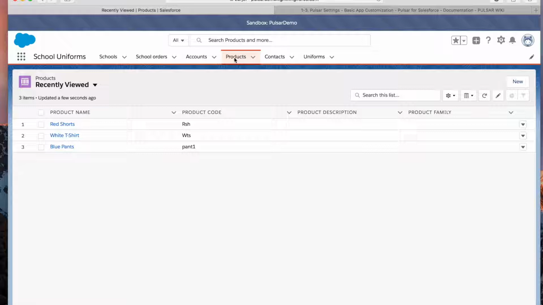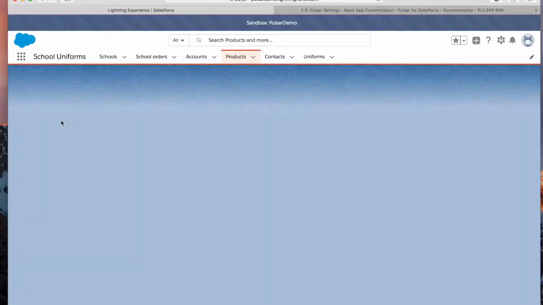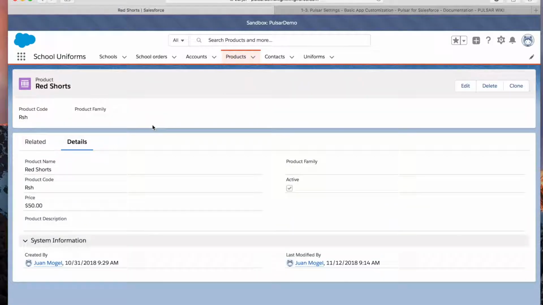Let's see one record in detail. Let's see red shirts. There is a product name, a product code, a price for that product,